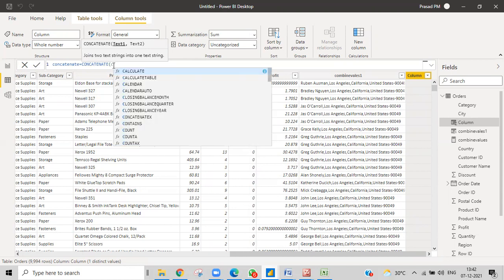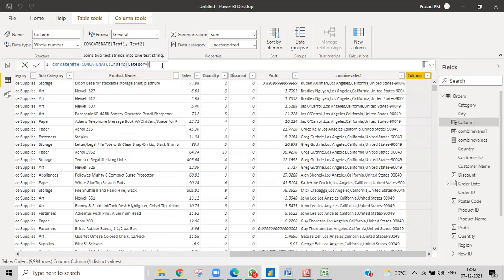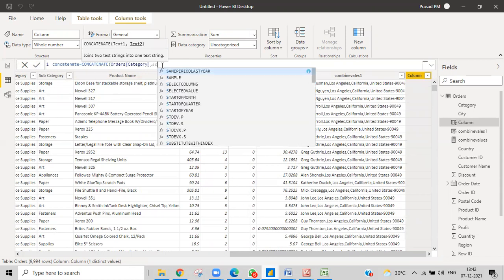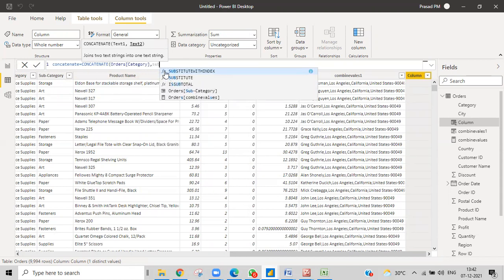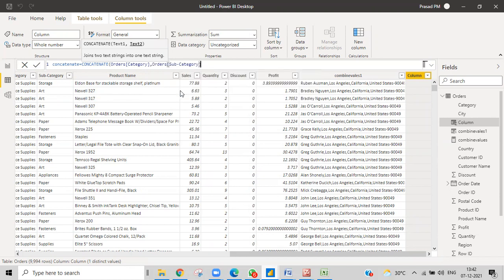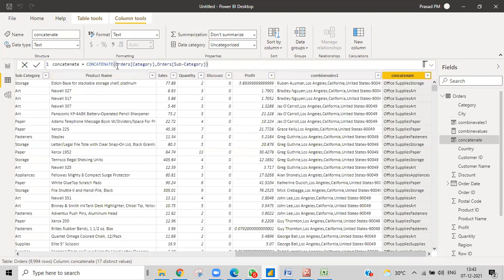So category, CAT, category. I got the table. Whenever you write, there will be a lot of things that you can see. These are fx, all of these are DAX functions. This here is a calculator symbol, that is a measure, and this one is a column. You need to understand what exactly each is by seeing this symbol. Right now I gave two strings, and I'll just click OK. It doesn't take anything else. You can see office supplies, storage, office supplies. There is not even a gap between.